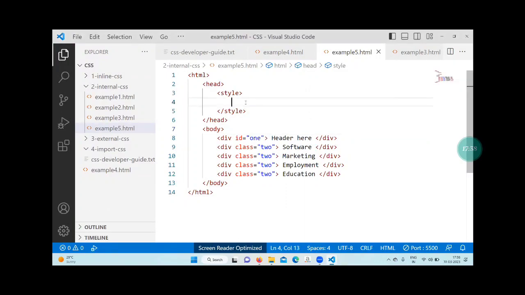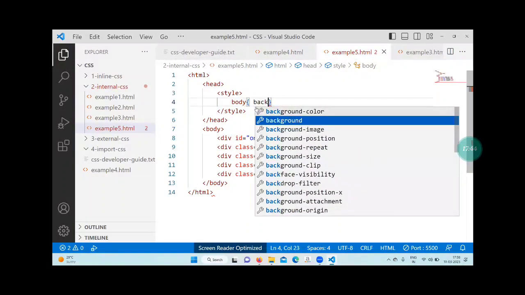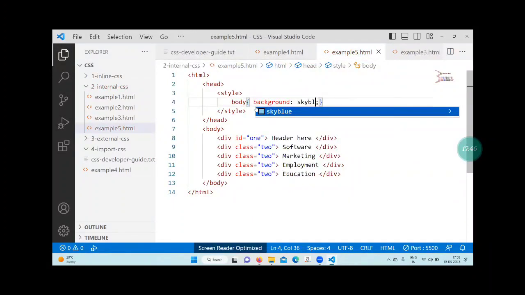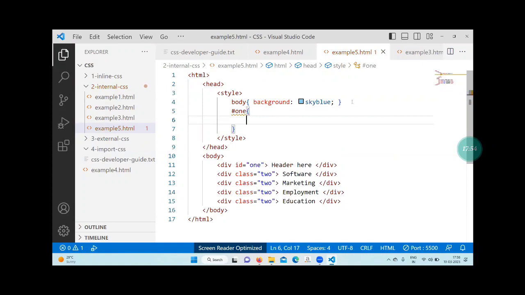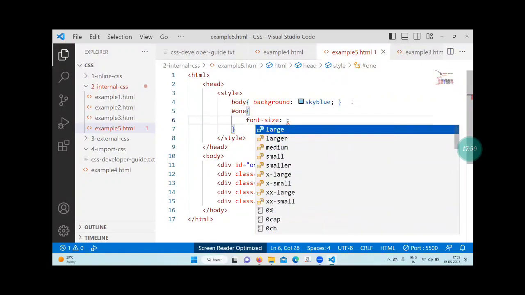Next, now how to write the CSS for ID? First, we'll write the CSS for the body tag. This is called CSS for tag name: background, we'll call sky blue. So this happened for a tag name, that is called this one, body. Now write next, call has 1. That becomes an ID. So write inside, font size 70-80 px,